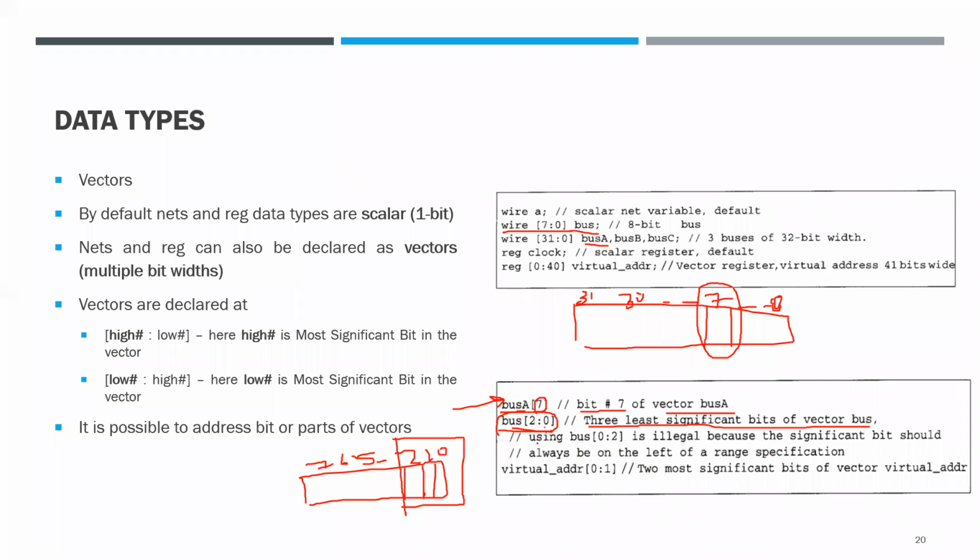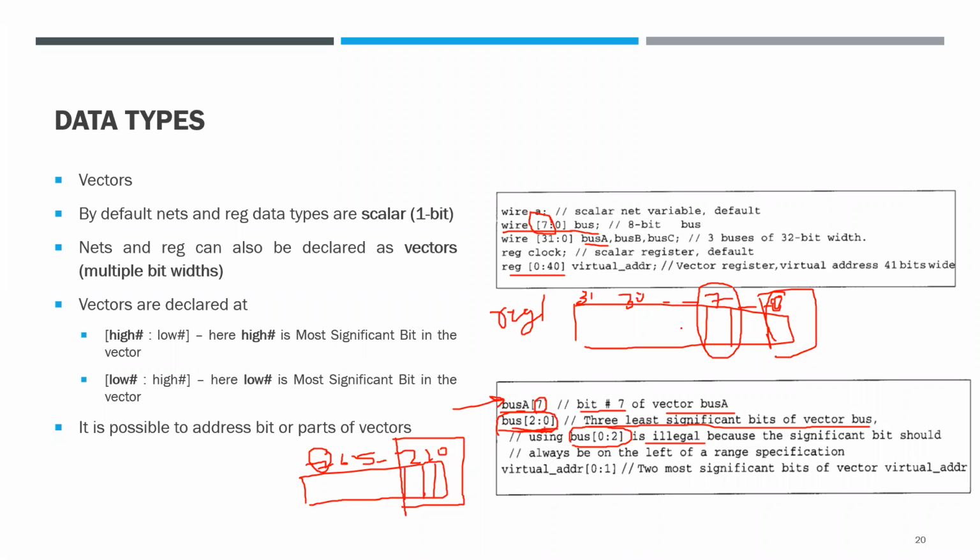Now here you have to remember one thing: if I specify 0 is to 2, this is not permitted, because the significant bit you have specified is this one, that is 7. So based on this, access has to be done. Now in this case, if I want to access say the 0th and 1st bit, in this case what I do is